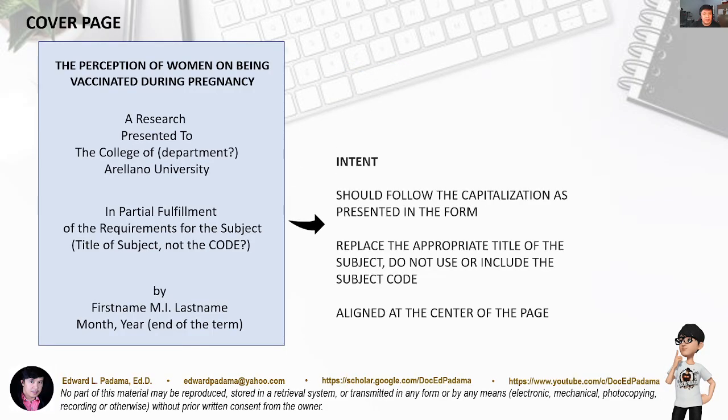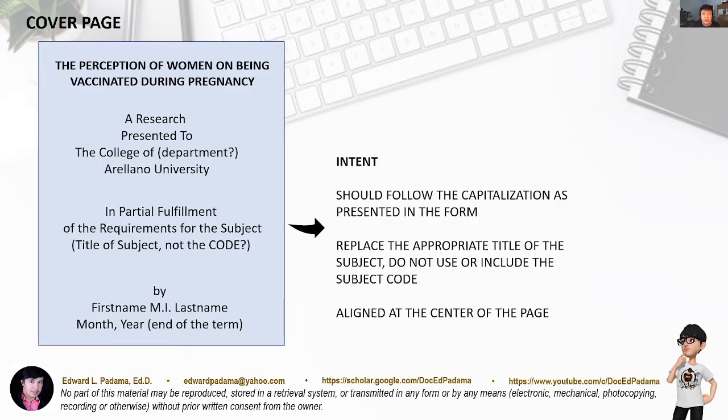The next part will be the intent. The intent again should follow the capitalization as presented in the form on the left side of your screen. So the content of the intent are the following: in partial fulfillment of the requirements for the subject, title of subject, not code. Do not write the code. Do not write the title and the code, just the title of the subject. So in this case, if your subject is purposive communication, just write the whole title, purposive communication, and replace that under the ones in the